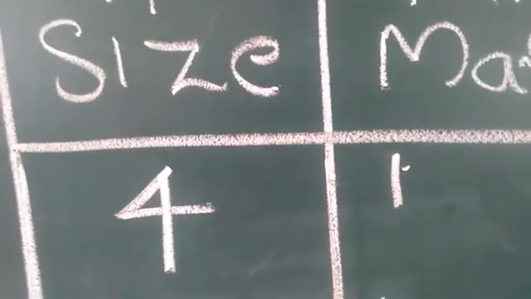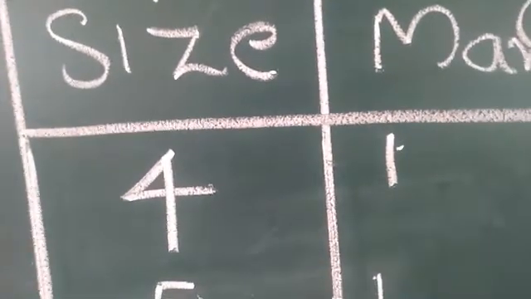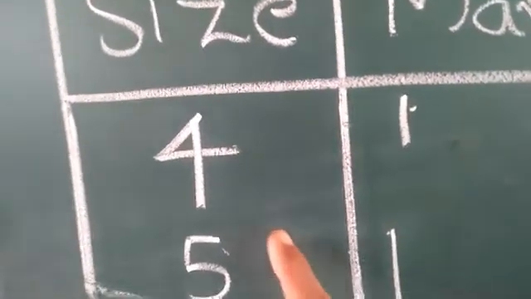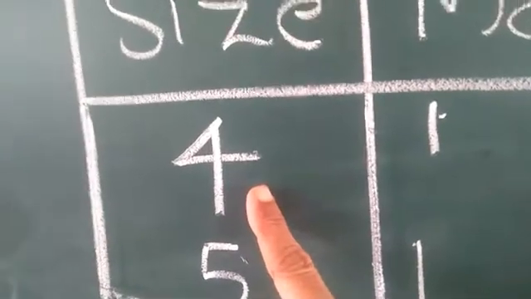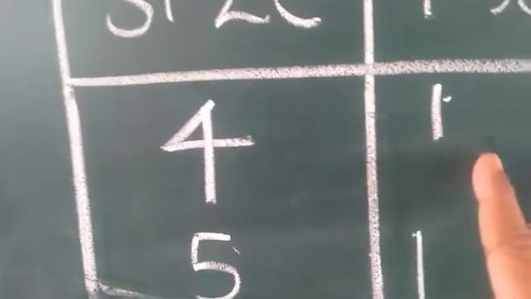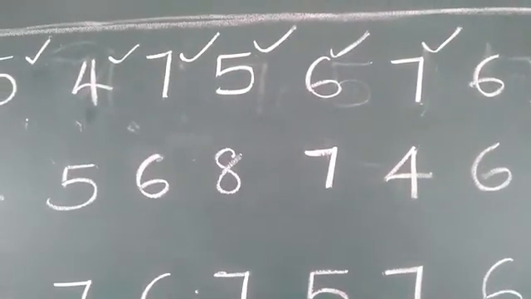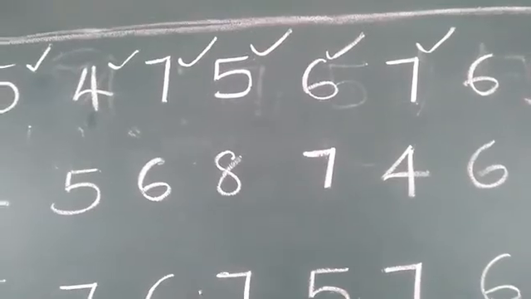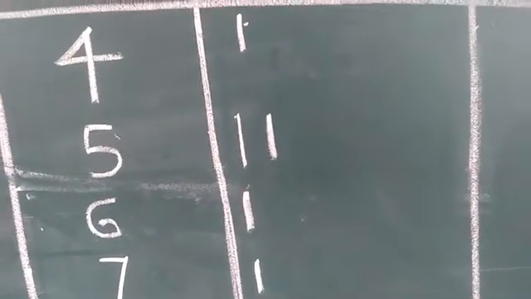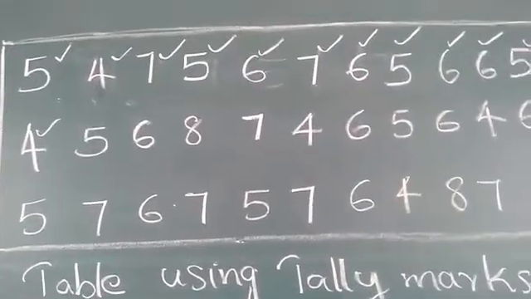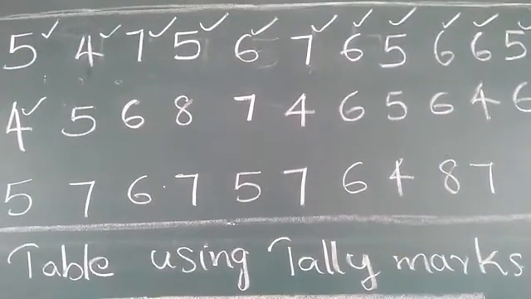Like this we will put tally marks against the shoe sizes. Here the shoe size is 4. One size 4 we have selected, then we put a tally mark. One 5 we have selected, then one tally mark. Like this we have to put tally marks. I selected all these sizes and I put tally marks against those sizes, up to these 4 I have selected now.